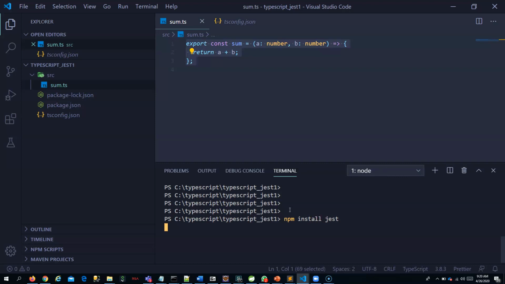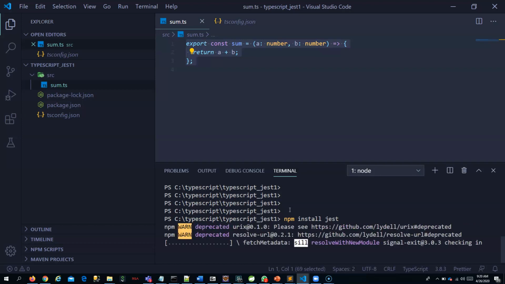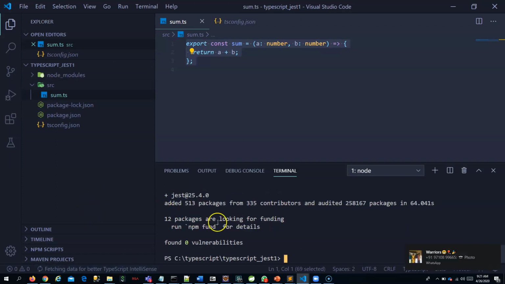So let's wait for it to get installed. So it got installed now.